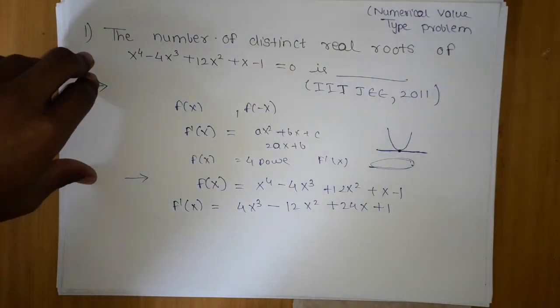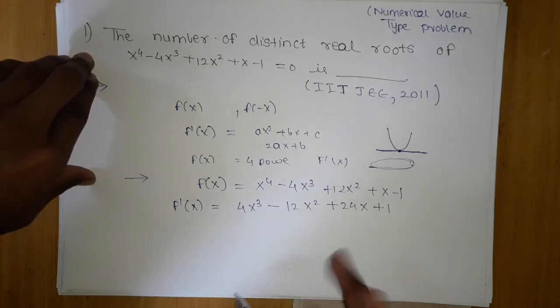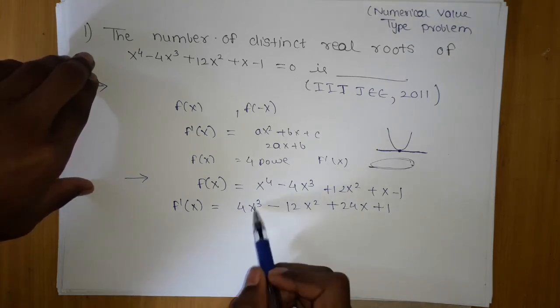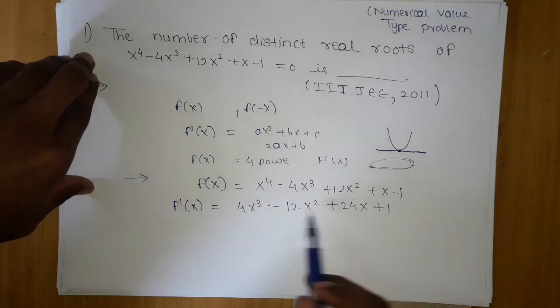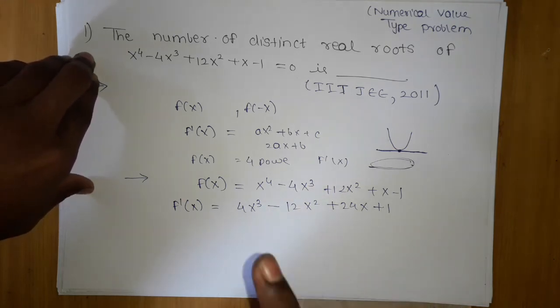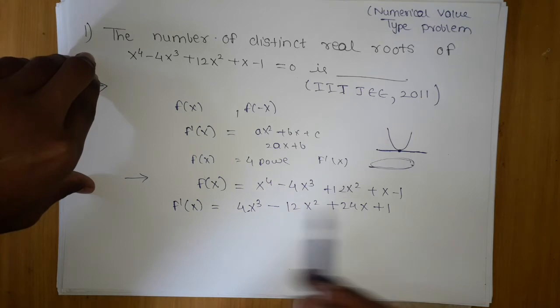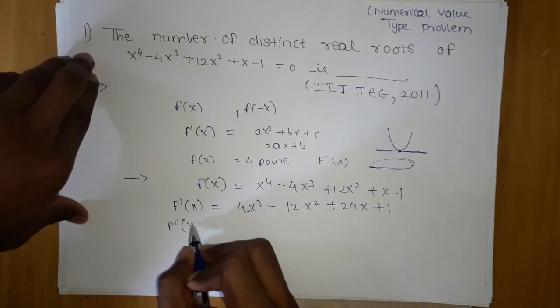And the problem with a cubic equation: if you are able to predict one root, the other two roots can be complex. If you are able to predict two roots, then it is the best option. But if you are able to predict one root, you can divide the equation by that root and get a quadratic. Check its D. If D is less than 0, then you can tell its roots are complex. So that part is also good. But here I am not able to predict even a single root, so I will move forward to f double dash x.